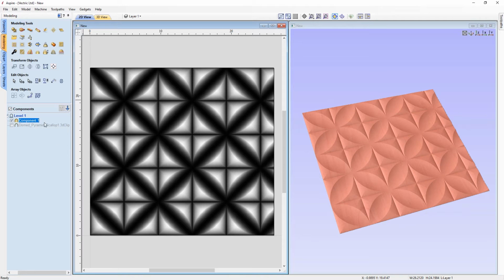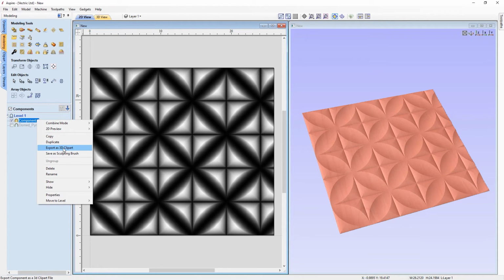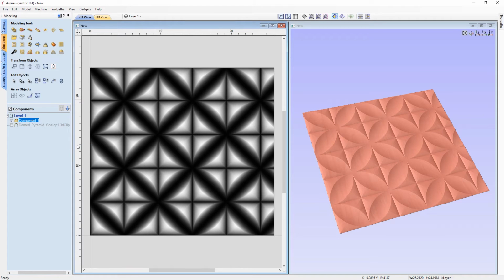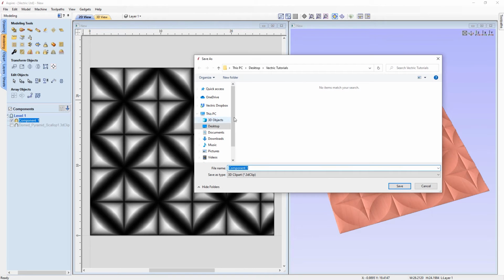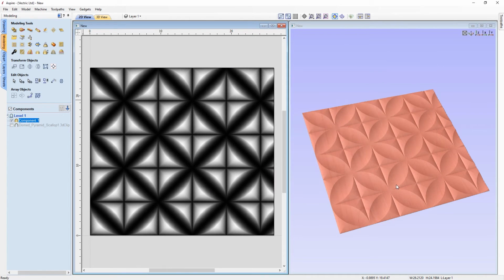So now that we have a 3D component texture that we want to save, we can save this out as a 3D clip file. To do this, right-click on your component name and use the Export as 3D Clipart option. Give this a moment to calculate, and when it's done it will open up the Save File window for you, which you can then give your file a corresponding name to make it obvious what it is. So in my case, this would be domed scallop texture. And then when I click save, that file is now saved on my computer, ready to be re-imported in the